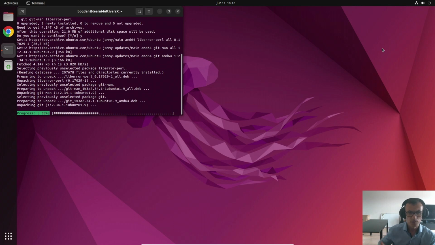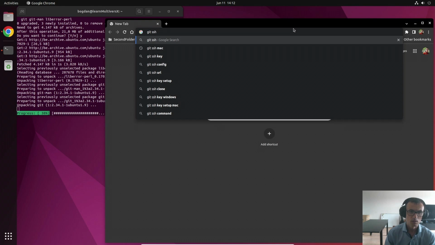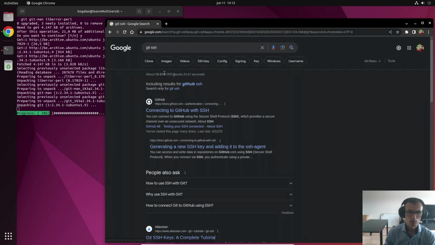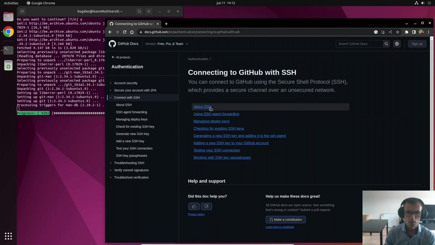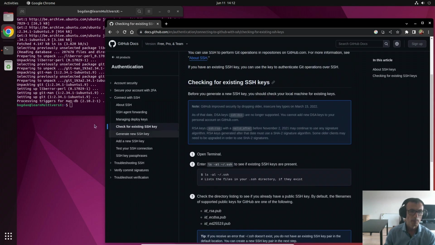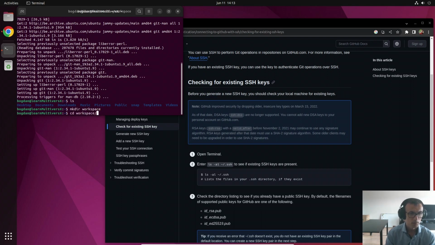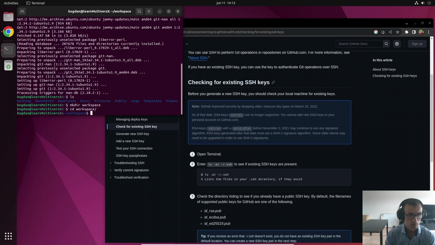So after that, we need to configure it. And until this one installs, let's just go to git ssh. Checking if you have ssh. Well, there's a couple of things. Let's just create a workspace folder where all our code is gonna be. Workspace, because we need to say who am I and so on. So next,